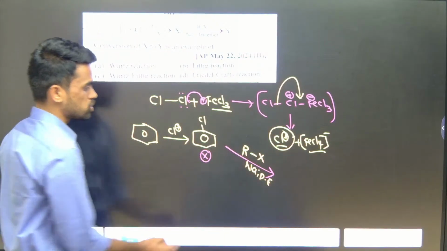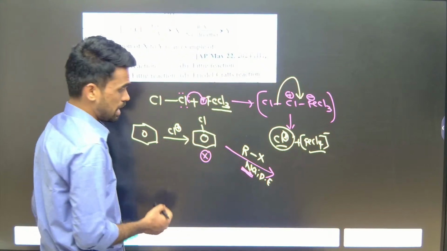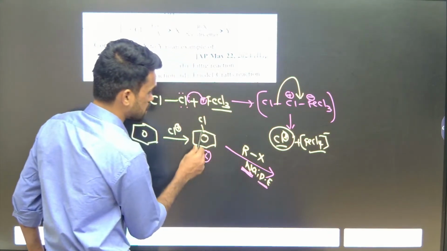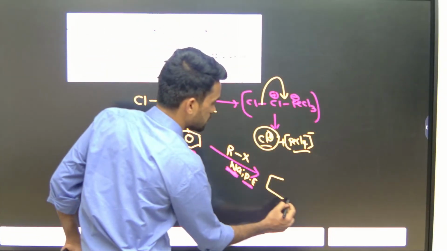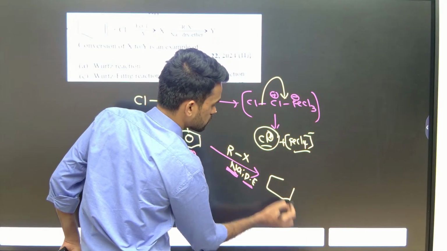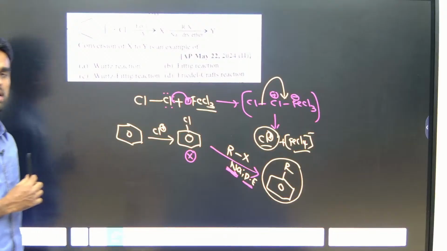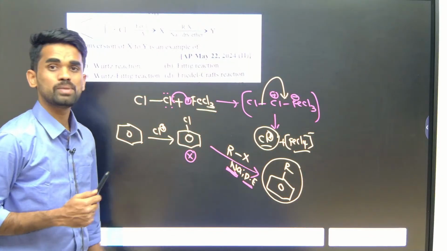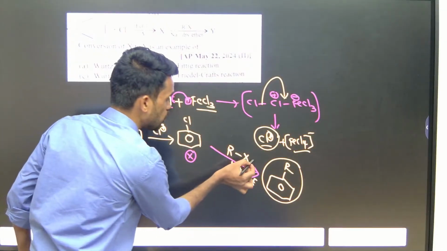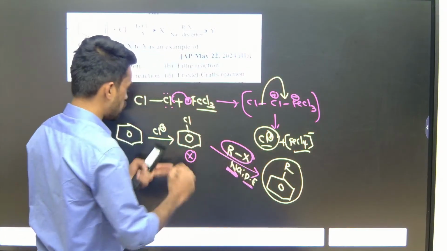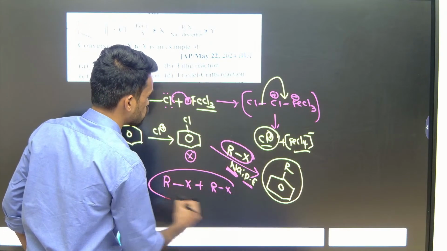Now what happens? A coupling reaction takes place. Whenever you have alkali metals like sodium in dry conditions, the alkyl halide and aryl halide will couple to give a product like this. So alkylbenzene is formed as your major product. Now what will be the name of this reaction? If only alkyl halides are involved, if the coupling takes place between only alkyl halides, then you should call it